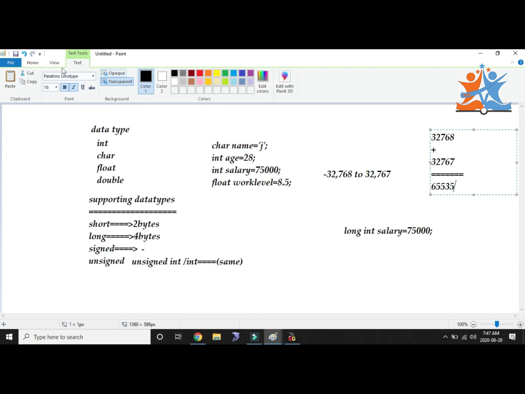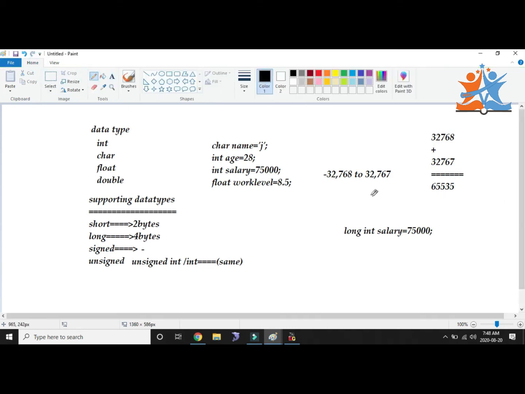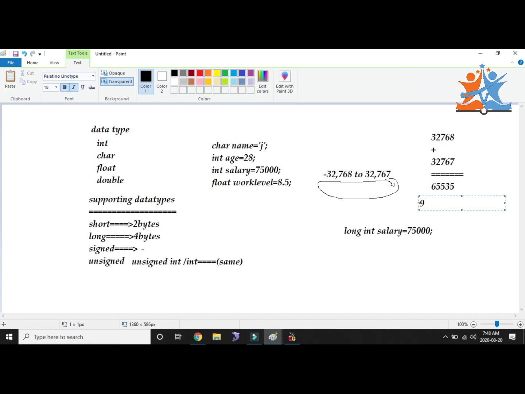After processing the positive numbers, it will get back to negative numbers. Once all the negative numbers are finished, it goes with positive numbers only, like 0, 1, 2, 3. That way it will be increased. The 75,000 is pointing to the number 9,464. So that is the value it is showing, and if you calculate it manually, you get 9464 only.